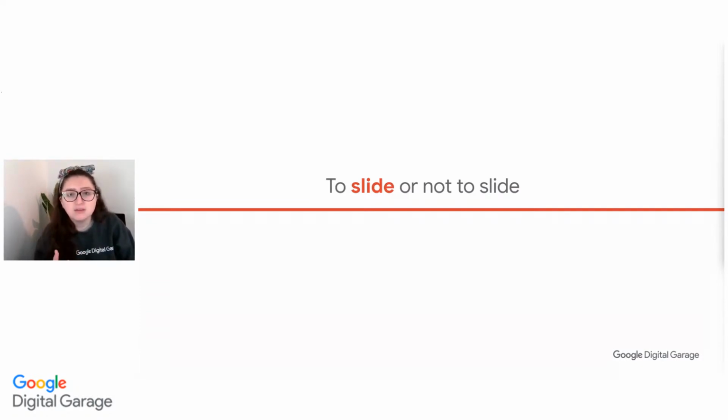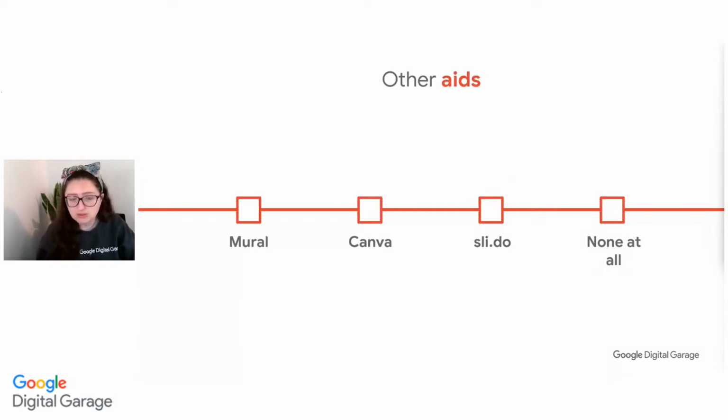So you can decide whether you want to slide or whether you don't want to slide. But there's some other tools that you can use that are digital. Mural, and I'm sure Roshane can share some of these links for you in the chat. So we've got Mural. Now, Mural is a really great tool that you can use to ideate, get some ideas flowing. It's very, very interactive. You can collaborate if you're part of a team, and it's a really nice tool that you can use.